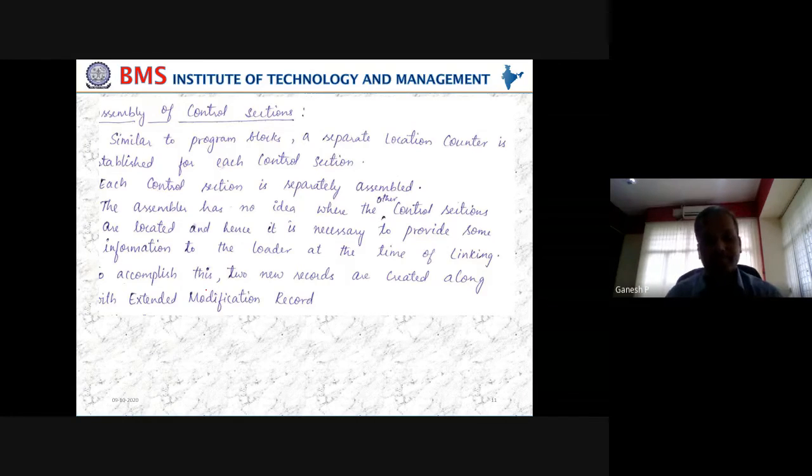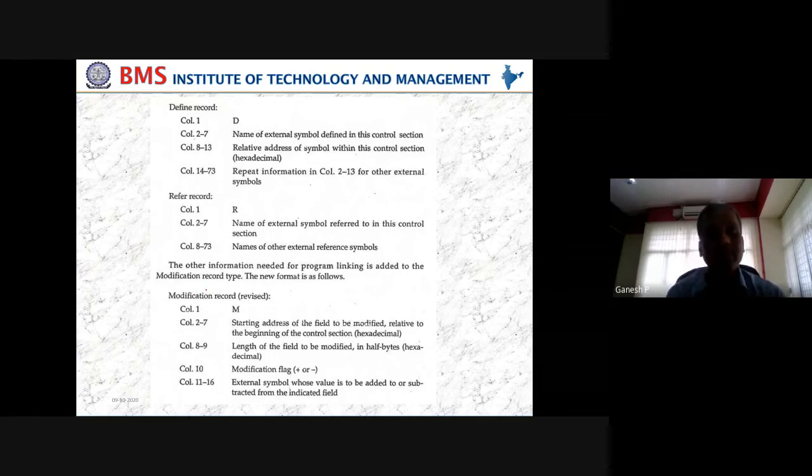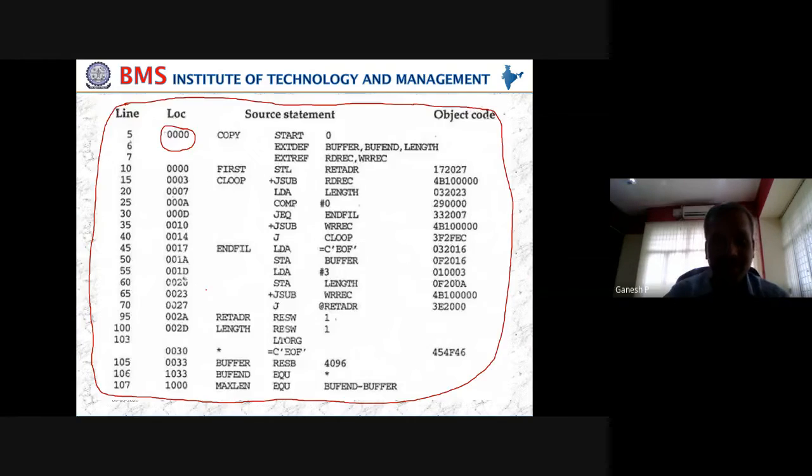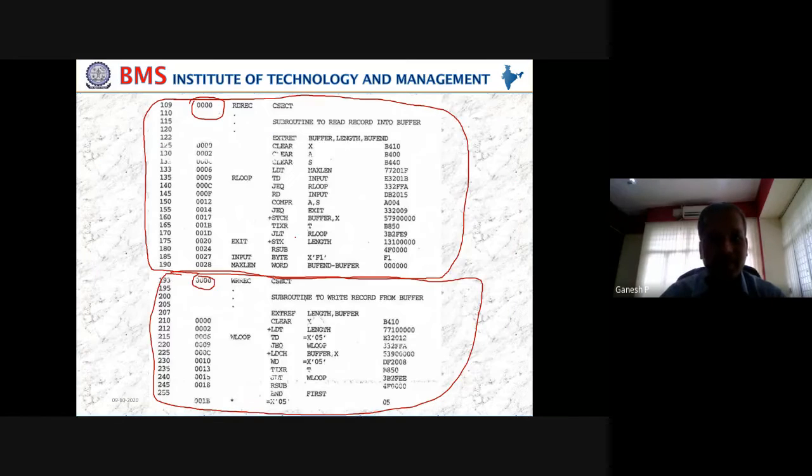Okay. Since we are doing that, we need to be very careful because each program has a concept called what? External definition and external references. So these are the new things for this particular control section. Similarly, this control section has this and this control section has this. So this one additional feature we have to add. Since external definitions or external references are used, I need to look at them separately.